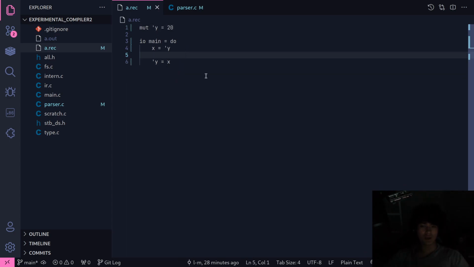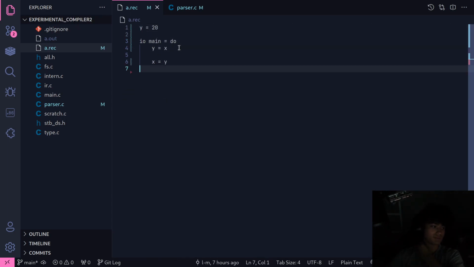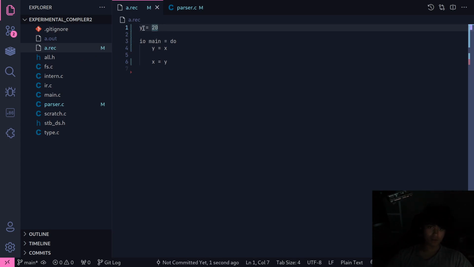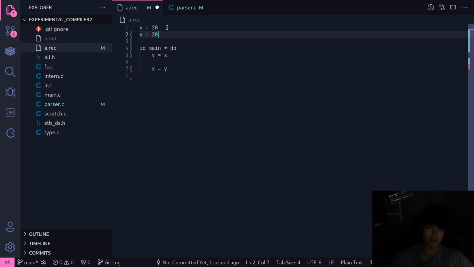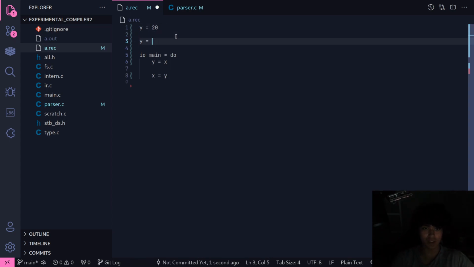So here, actually, I'll do immutable variables first. Okay, so y equals 20 on the scope at the top level. IO main creates a new scope, and then y equals x. Now, these variables are always immutable if they're like this. So it is completely nonsensical to redeclare a variable. That's not right. You can't do that. An immutable variable has one declaration. It's essentially a binding, a functional binding. So a equals 20. There are no other instances of a equals 20 or a equals whatever in this scope.